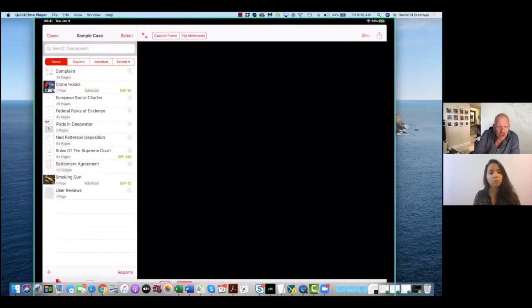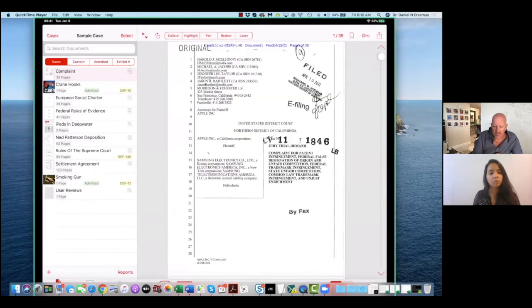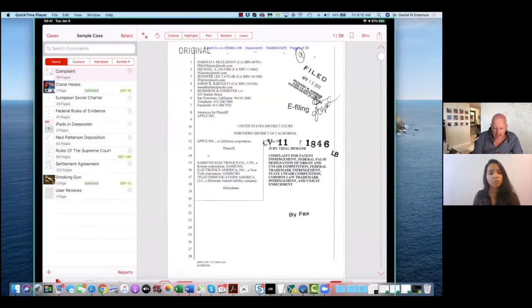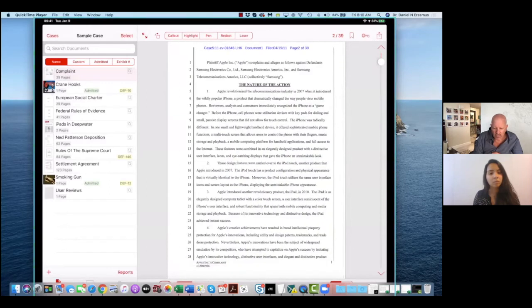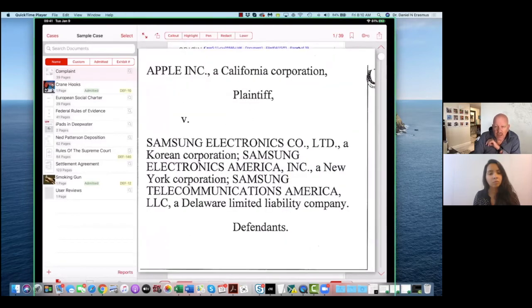You now go back to documents. So let's go back to documents. Here you will arrange your different documents. Let's say, for instance, this is the complaint of the case. With my finger or with my iPad pencil, I can flick through page to page. Let's say I want to highlight a particular area. You'll see that the call out button is now red, and I can literally go to a section and call it out, and it will highlight it.